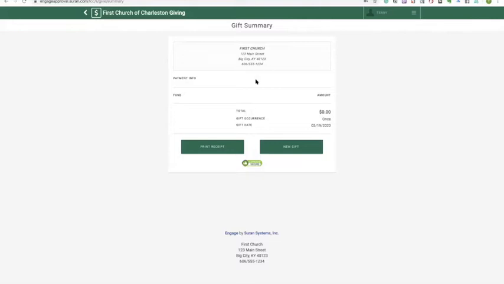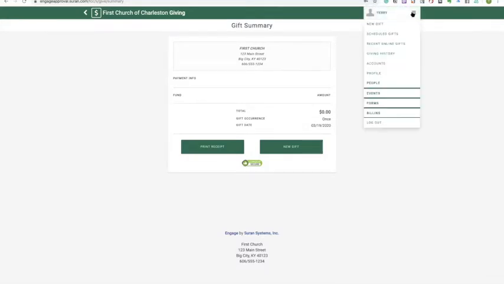Okay, and so here's a gift summary, taking us back to that gift summary page. And now I am logged into Engage. Under Engage, we are logged in and went right to giving. So now that I gave, I really want to